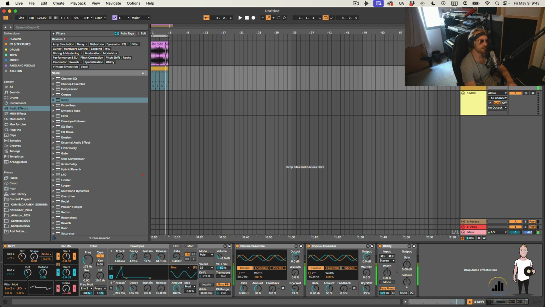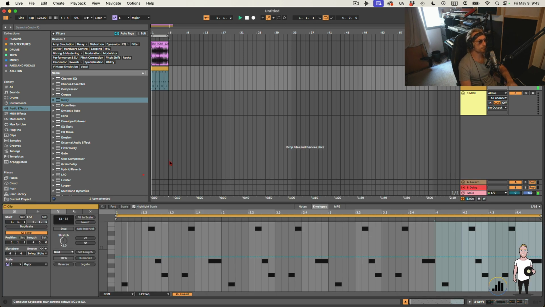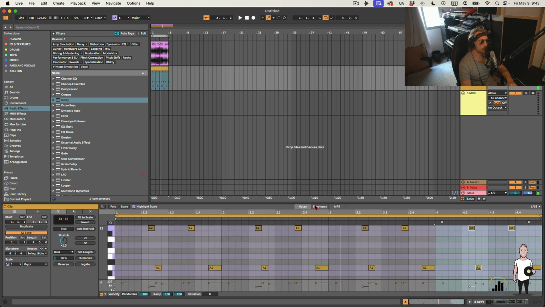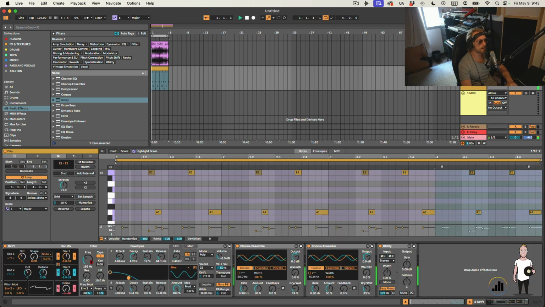That's very cool. You can also do the attack. You can also put the attack a little bit open. Really cool sounds. Anyway, we're working on the bass. And I made a little bass pattern here. You can see the notes, you can see the envelopes, and this is what I want to talk about today. How can you actually make an interesting bass? So basically, if we open up Drift, we can look at the bass,